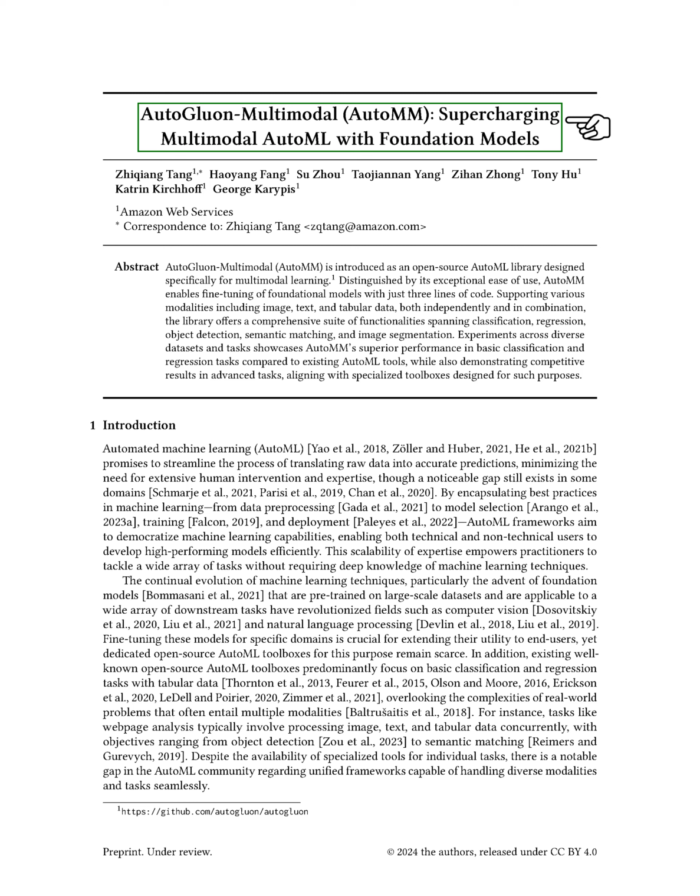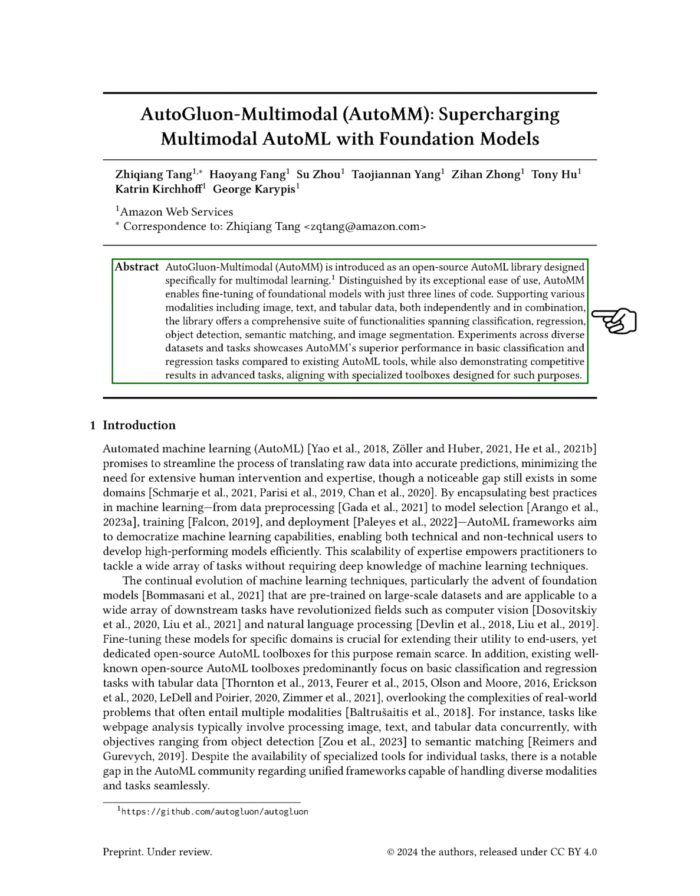Section: Introduction. In this section, we discuss the concept of automated machine learning, AutoML, and its significance in simplifying the process of converting raw data into accurate predictions. AutoML frameworks aim to make machine learning more accessible by incorporating best practices in data preprocessing, model selection, training, and deployment. This democratization of machine learning empowers both technical and non-technical users to create high-performing models efficiently without in-depth knowledge